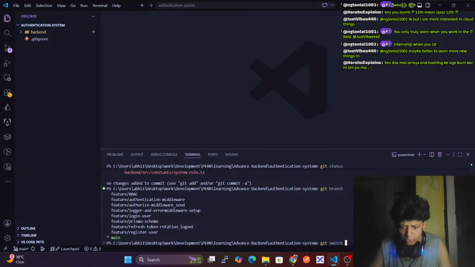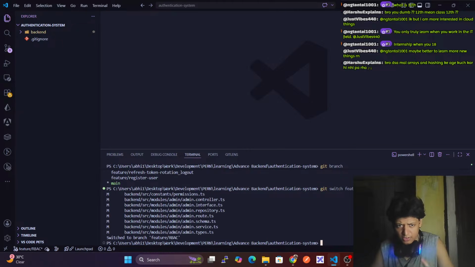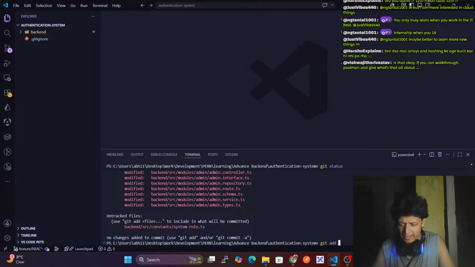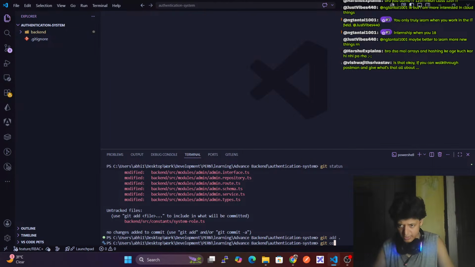You are switching to this branch. Git switch to... okay, then git branch, we have feature RBAC. Now what we need is git status, git add, git commit -m